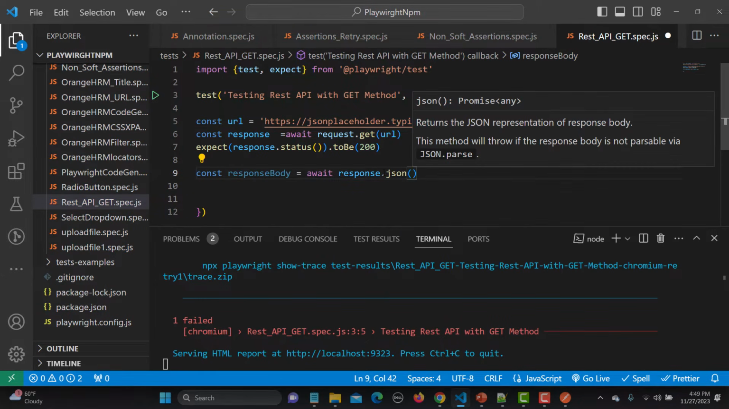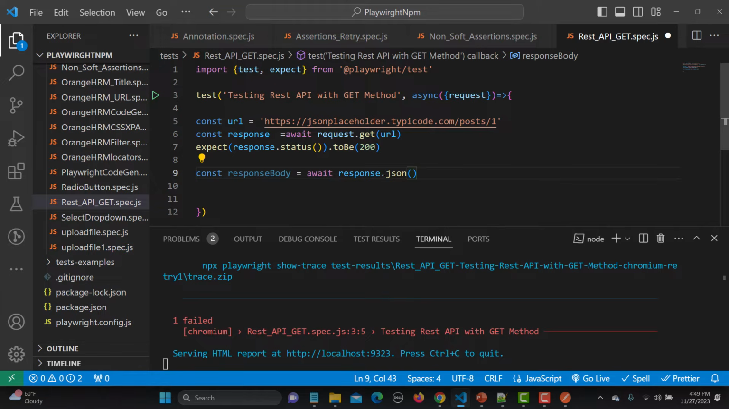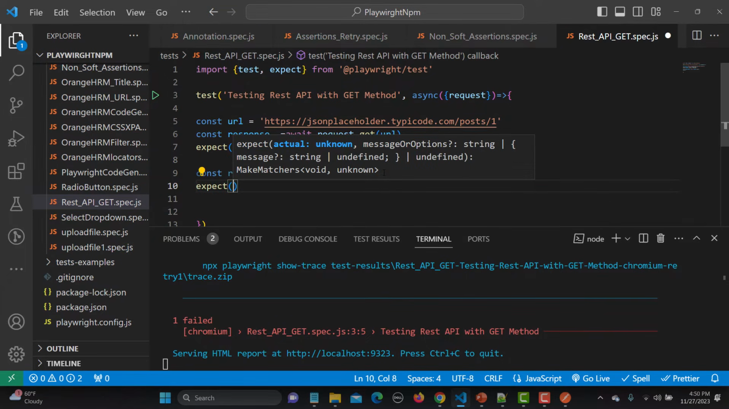So it will parse the body for us. Okay, so it returns the JSON of the response body. You can see that this is the purpose of this particular method. So it will basically parse the JSON and we will get the response body. Okay, so once we have this one here, now we can start asserting. Let's start with the first one. Expect